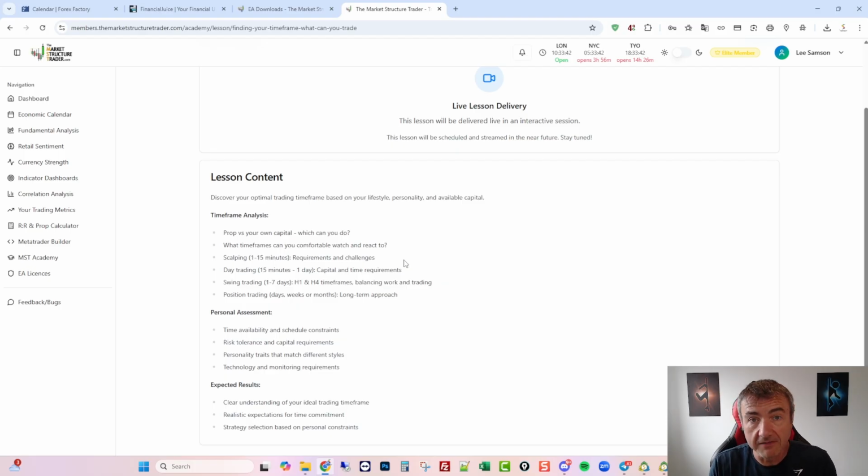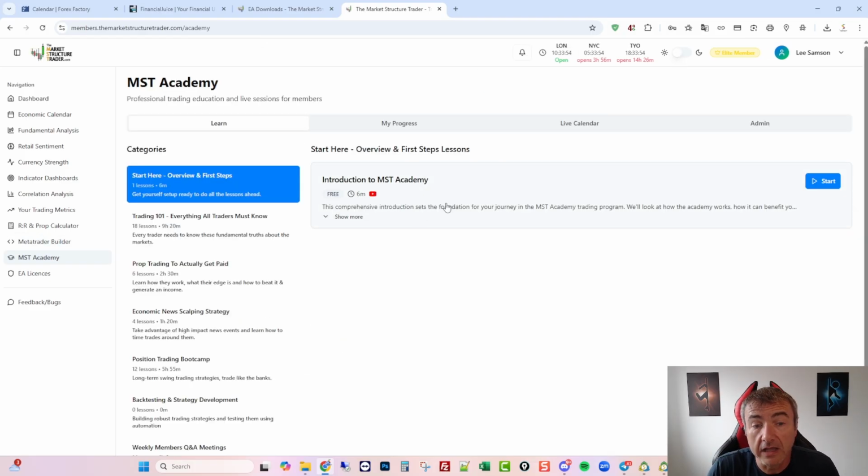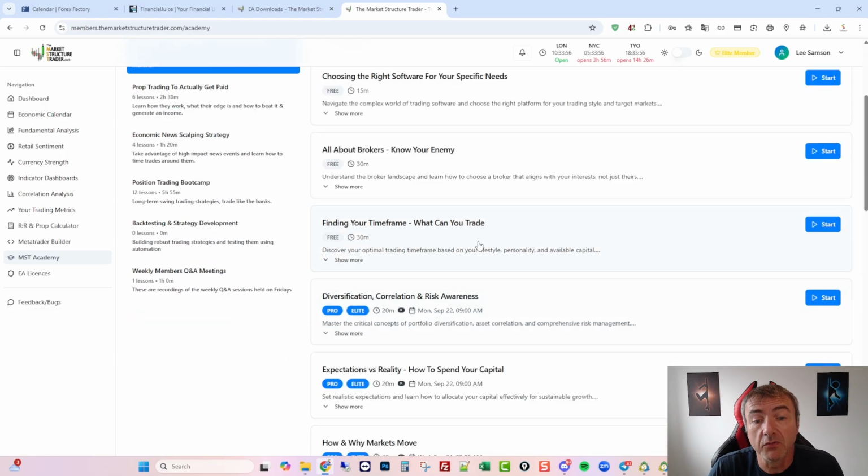However, if you work 9 to 5, you can't do that because you're at work. So there's different things you can do with your capital depending on the time available to you and how much of it you have available. So that lesson is all about looking at what is available to you as a trader